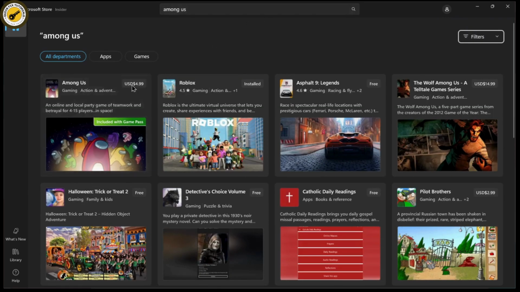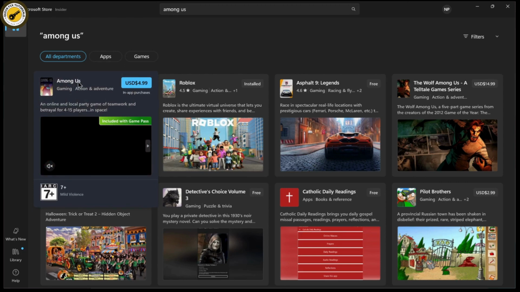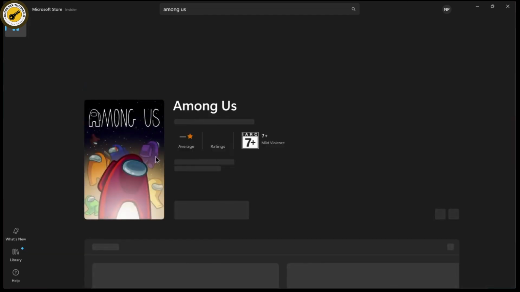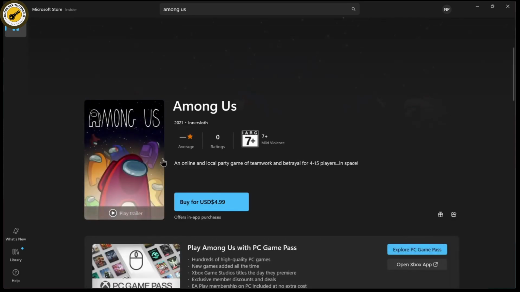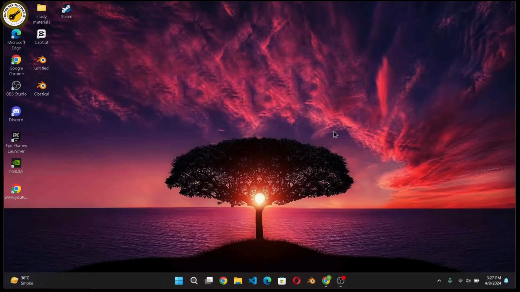Once you've searched, here you will have the game. So to download and install the game, you need to buy that game. So here you will have the application. Tap on the application and then you can get the application from here. You will have that application here, but you can also play the game with your PC Game Pass, and this is one option. You can simply go back or remove that,